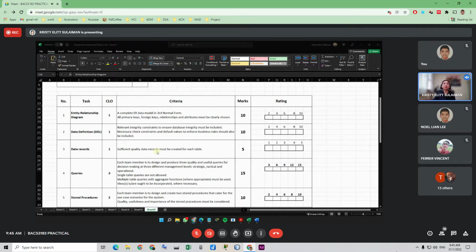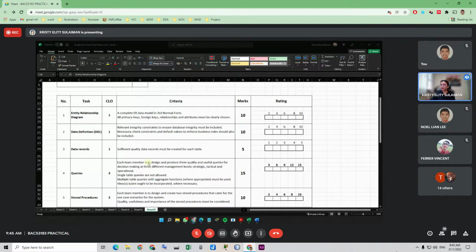There's no limitation on how many you need to insert, so up to you, as long as it will not give you trouble to do the query later on. Also you need to comply with the required items stated in the assignment instruction just now. The base table and also the transaction table, and the transaction table should have more records.